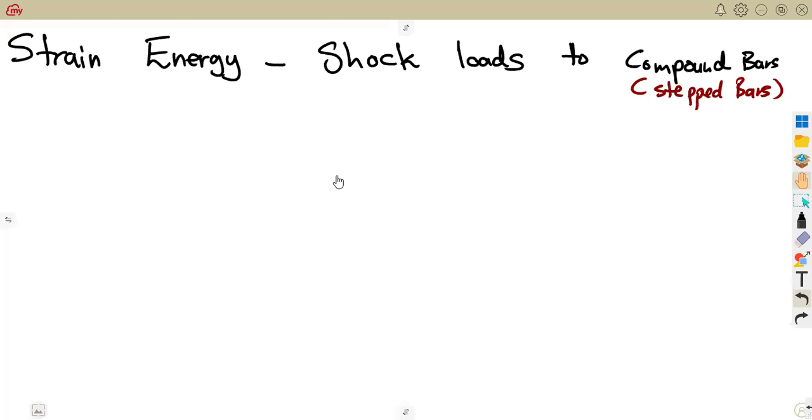All right. So in this case, I need us to have a continuation, still on our strain energy, working with the shock loads. But this time they are going to be shock loads to the compound bars. So talking of the stepped bars, we had these previously. We just worked the shock loads where it is just a single bar that we are having. But this time we now consider the compound or the stepped bars in actual sense,